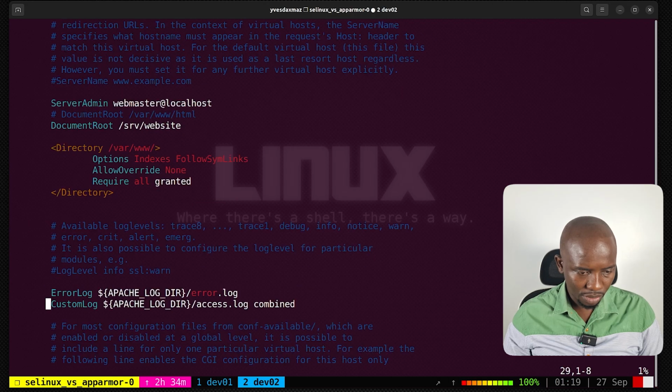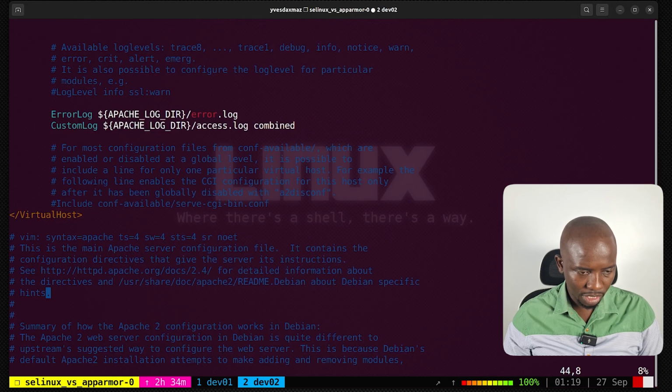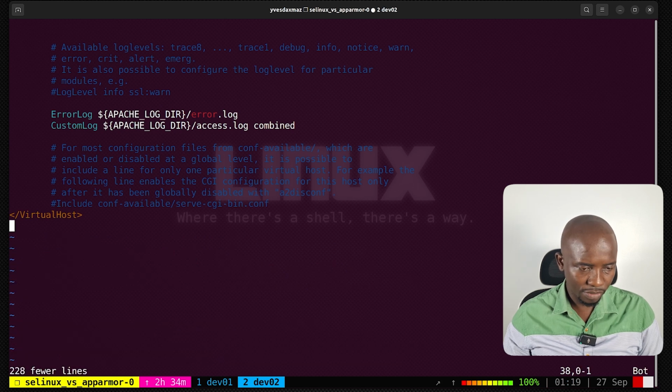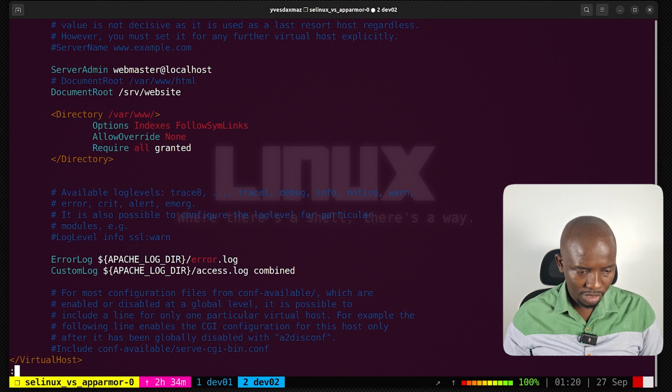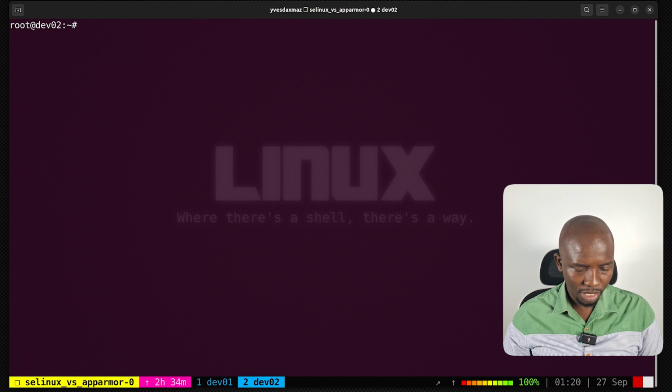Okay, and I'll go here and delete everything which came after. Okay, go up and save it. Okay, now if I do systemctl restart apache2, now do curl localhost,